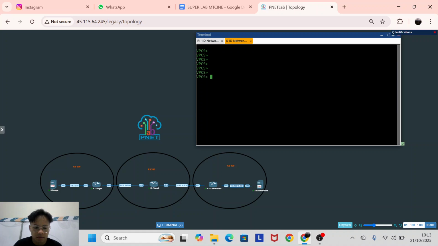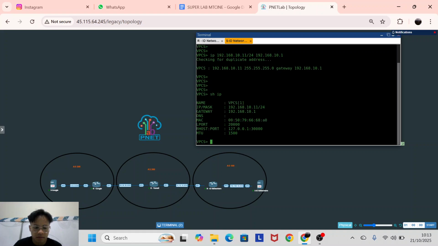We will add this IP, 192.168.10.11. I think .11 is nice and simple for you to follow. Checking the address, it is loading. Okay, show IP.